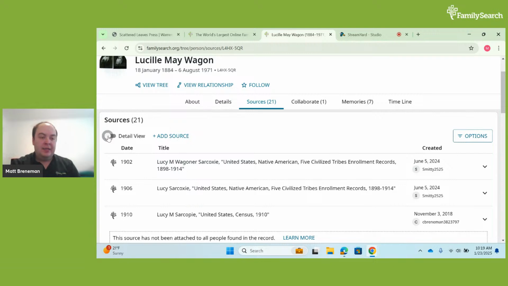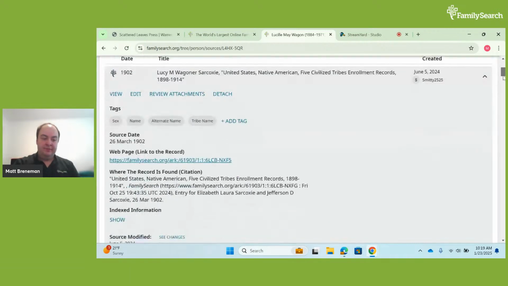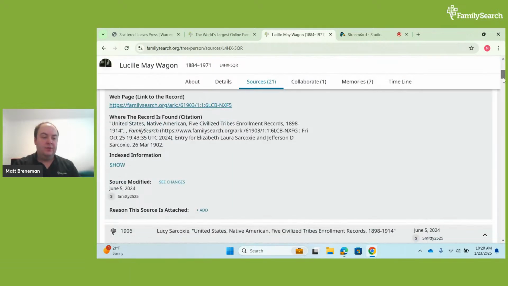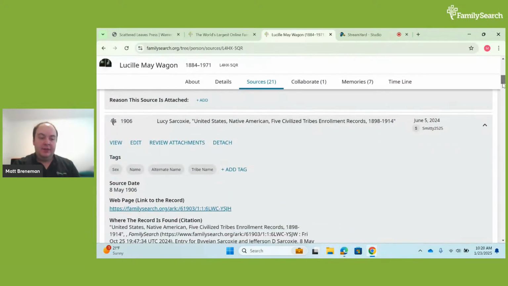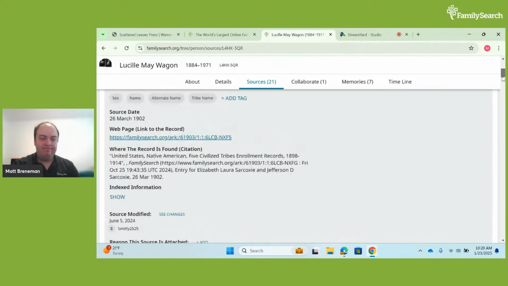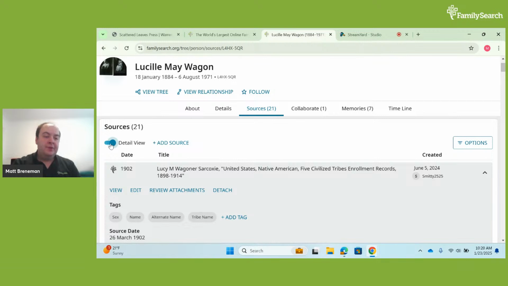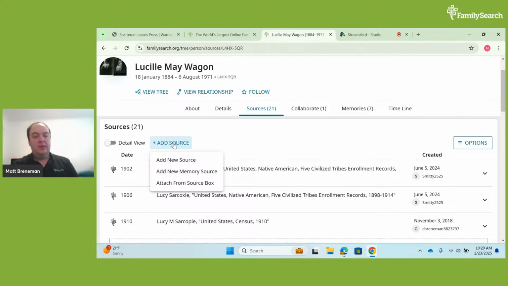You can also add a detailed view, which will expand the sources so you can see all the information that the source has. And yeah, you can just scroll through and see all the sources. And if you want to add a new source, you can click here on Add Source. And you can click one of these options.